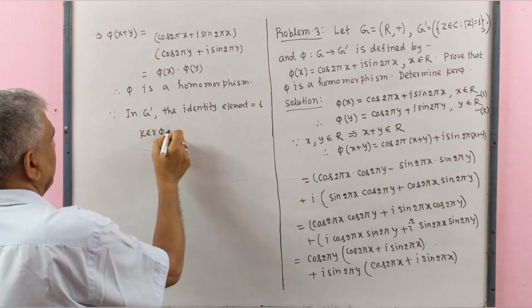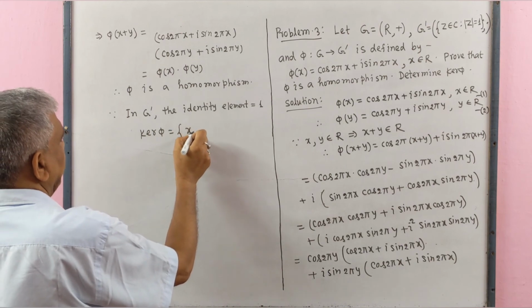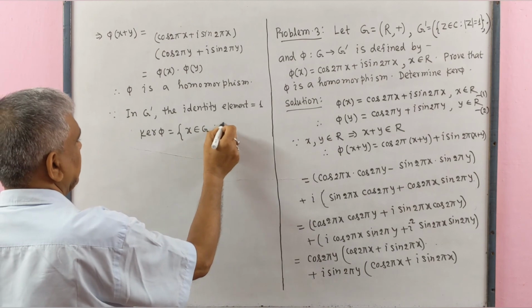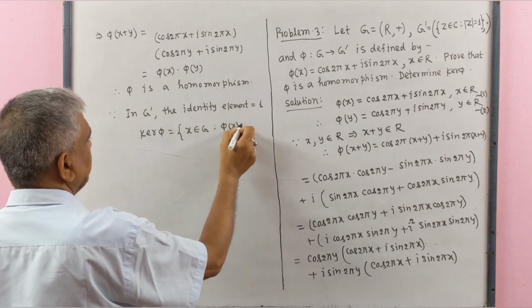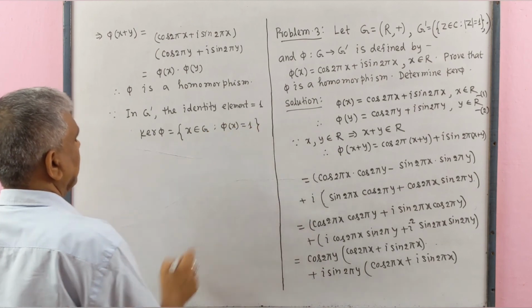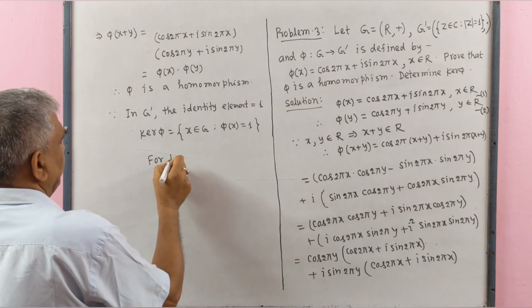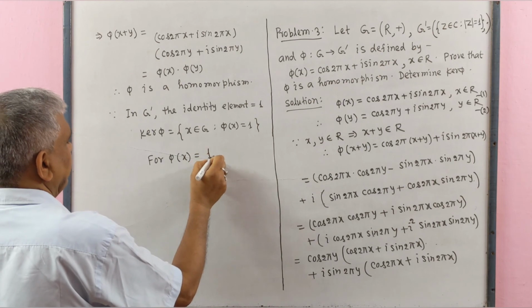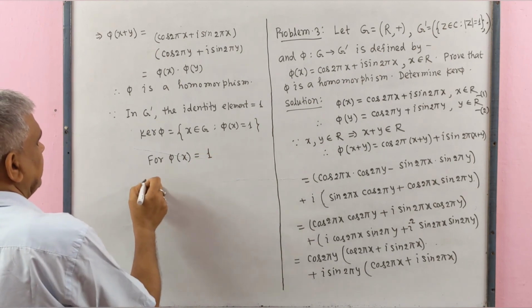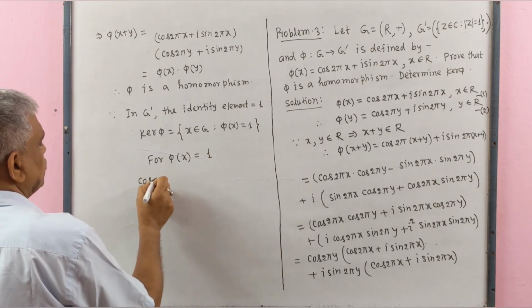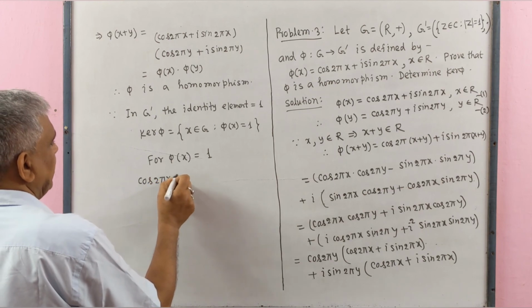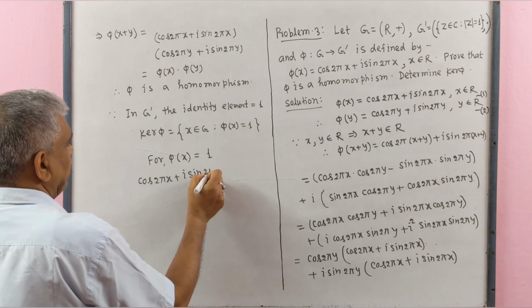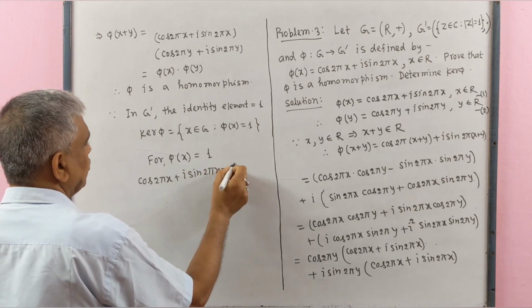Ker phi contains elements of group G such that phi x equals 1. For phi x equal to 1, we get cos 2 pi x plus i sin 2 pi x equals 1,